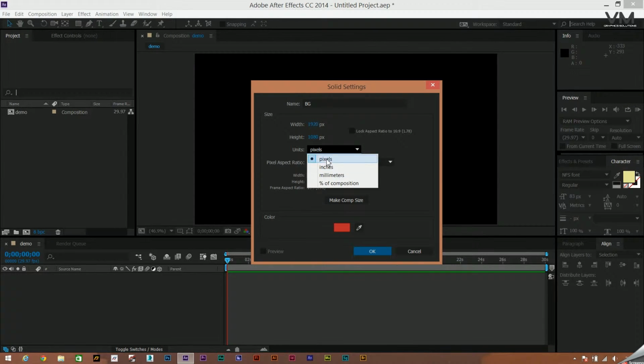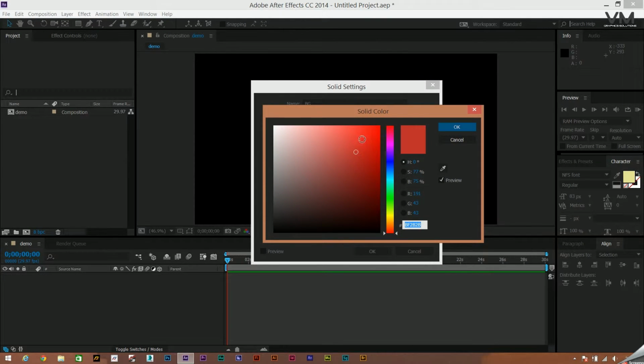In the starting, obviously you can change it, or if you're using it for tracking, then the size doesn't matter. It could be even just 2 pixels wide and 2 pixels tall, hardly matters. Units, let the rest of the settings be the same. What we need to change, or is dependent upon our liking, is the color. I would prefer mostly black unless I want to animate this solid,